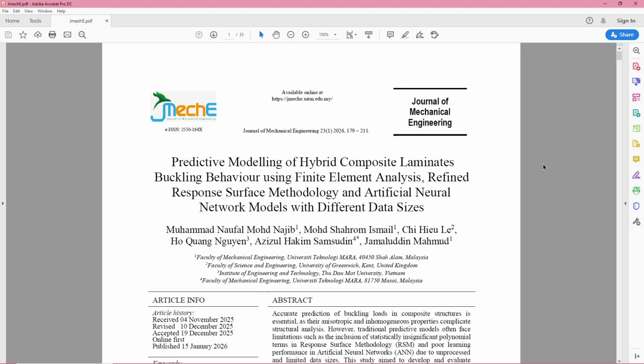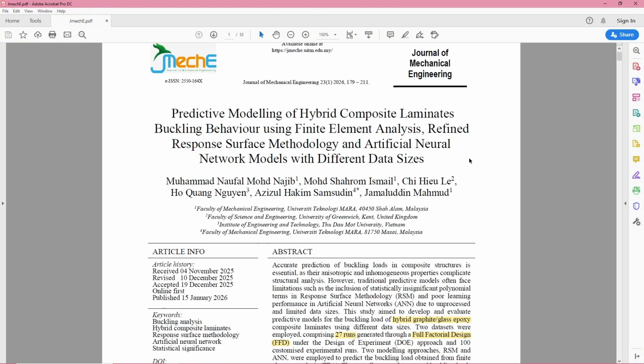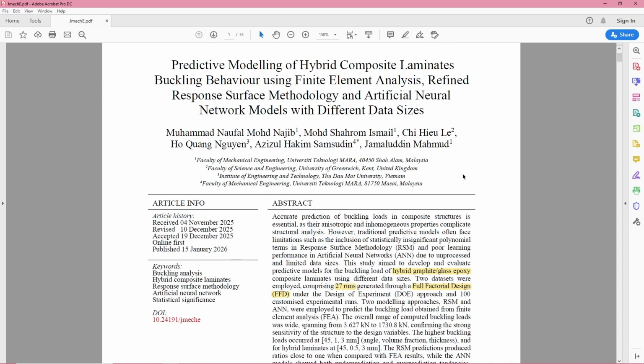Hello everyone. In this video, we will focus on the RSM model development. As in our previous video, we already conducted the model and also the buckling analysis for the model. And from the data that we gained from ANSYS, we will be using it for our RSM model. Of course, the same paper, which is the Journal of Mechanical Engineering, and the DOI is also right in the